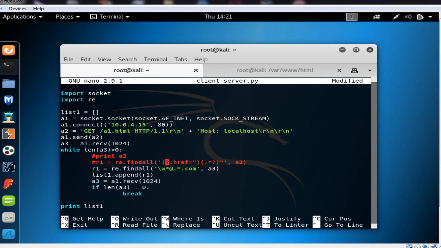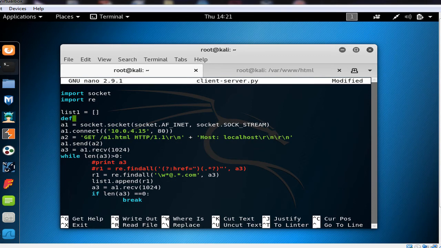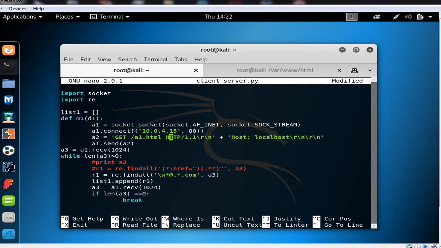Now what you could do is to just write this program and send it to every web page that you want. But right now this program works for only one page. Now you might say, how could I make it for more web pages? Well, one way is to just search for different directories. For example, in here we could put it into one function. Now we say define and you choose a function name. Let's say, for example, M1, and then you put an argument. Let's say the argument D1. Actually if you want to choose names for your functions or variables, you should choose meaningful names so that if you want to work on it later or with a team, you could better understand them. Now in here we put this into a function,